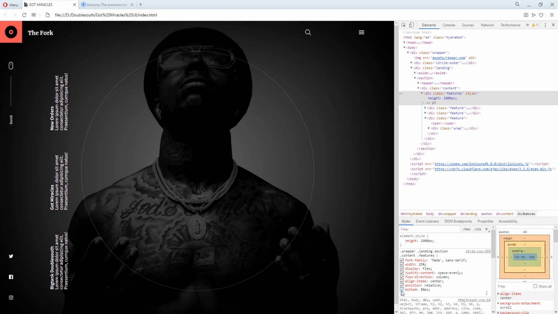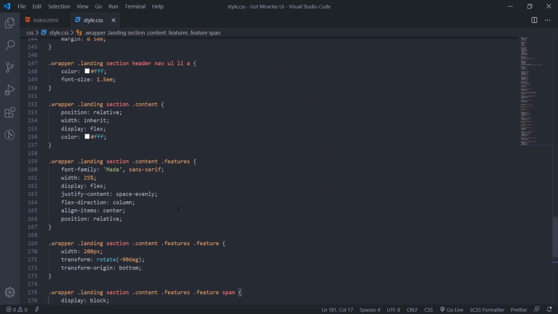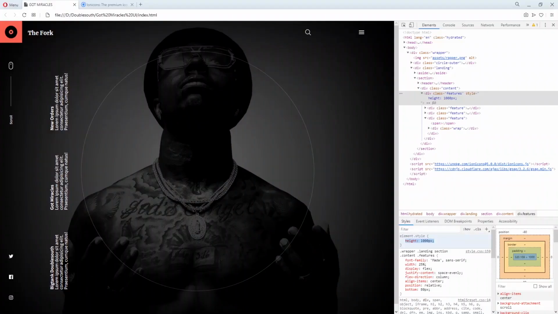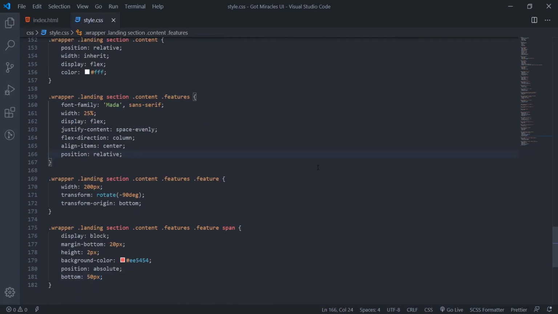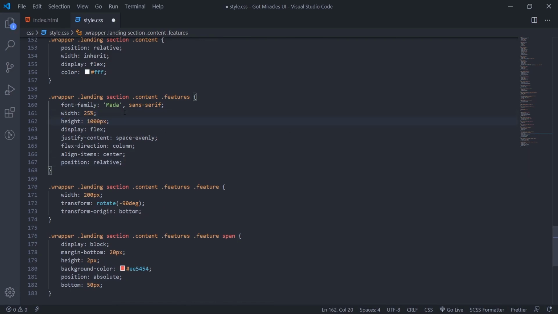Okay, I remove this bottom. So we'll leave it on. That means we set height to 1000 pixels here. So we'll comment these features now. Just after this width here, we'll set height 1000 pixels.